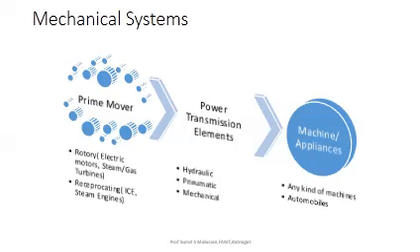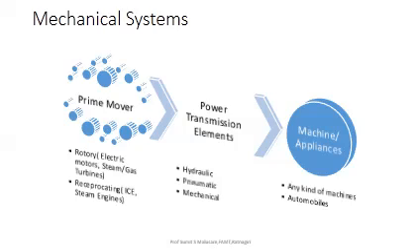So what do you mean by prime mover? Prime mover means the component which will provide the input energy or input motion to the system. It may be rotary, it may be reciprocating. Now what do you mean by rotary? Rotary means it may be electric motors, steam or gas turbines, or solar powered motors, DC motors, AC motors, all rotary motors. And in case of reciprocating, it may be the IC engine or the steam engines, which provide the input as a reciprocating input.